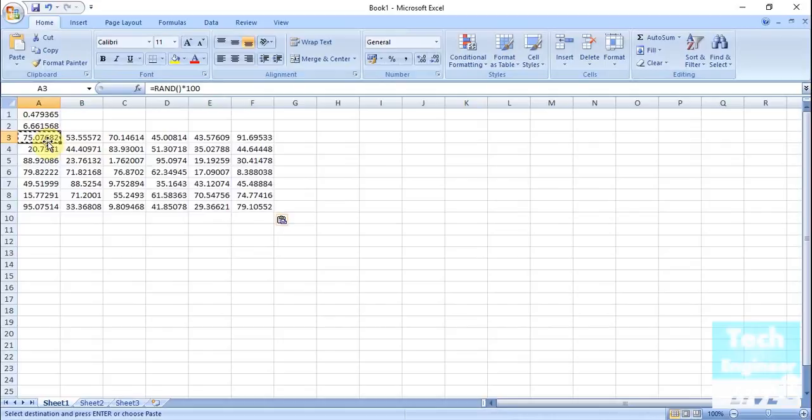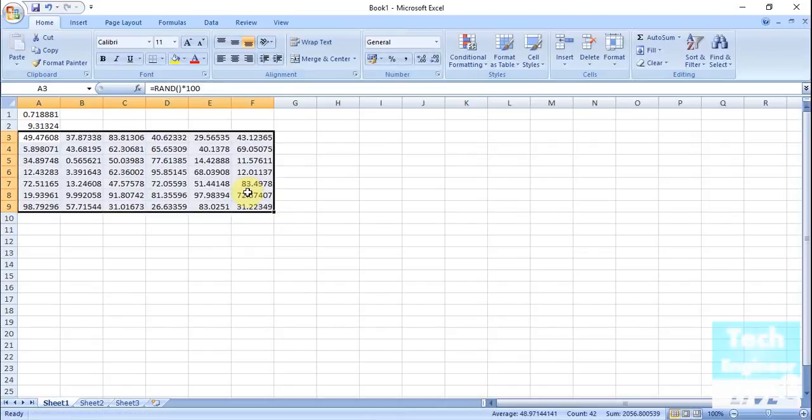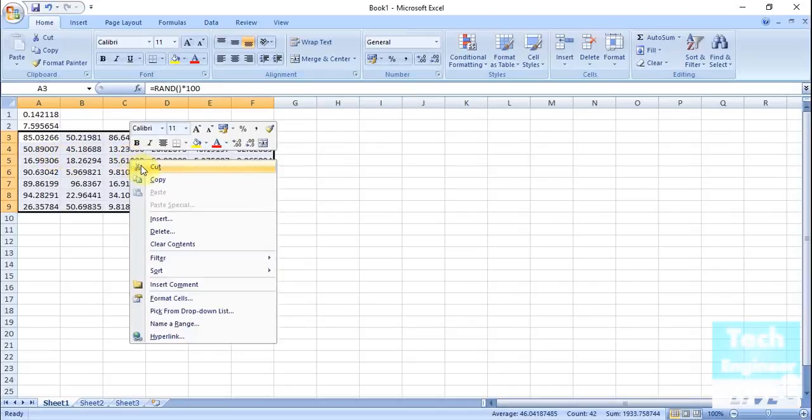Now paste it in these numbers here. Now for example, these are numbers. Now you want to select this number, and for example you hit enter, these values will keep on changing. And even if you press F9, the number keeps on changing. That is because the random number is not fixed, and it will keep on changing because there's no foundation for what number you're going to provide in the cells. Now for example, you want to keep these numbers, meaning if you don't want them to change, you can go with